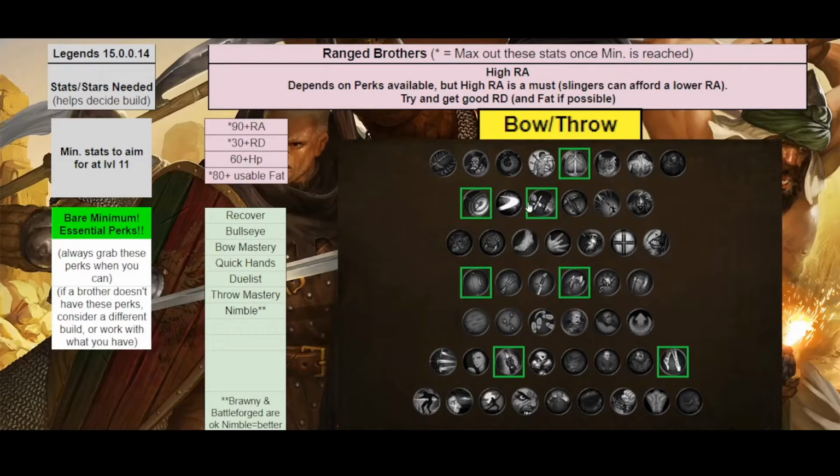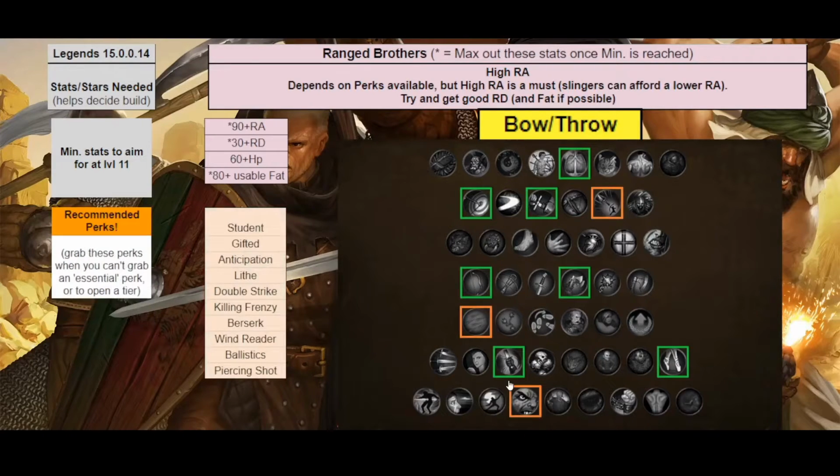Quick Hands allows us to save time on switching between long and short range, and helps us refill our hands with throwing weapons. And finally, Duelist is the big perk that allows our throwing weapons to punch through armored enemies. With the core of this build needing 7 essential perks, there is less freedom with the rest of your choices. I don't see this to be a problem for our more demanding builds because of the stronger damage and